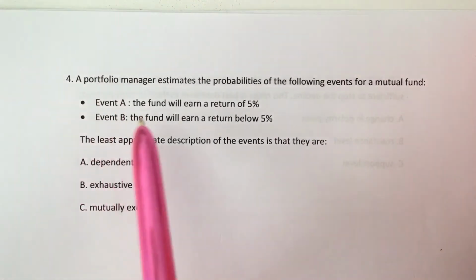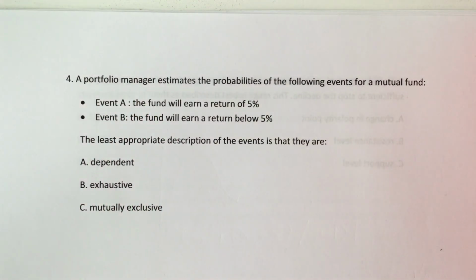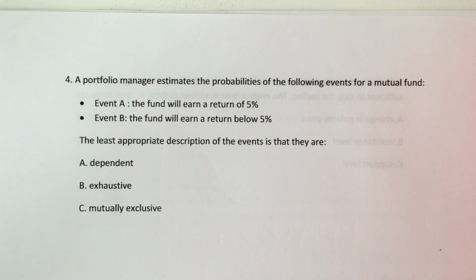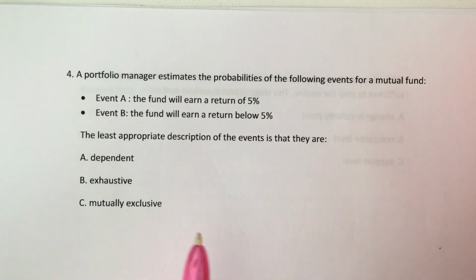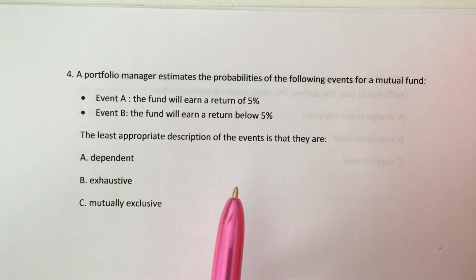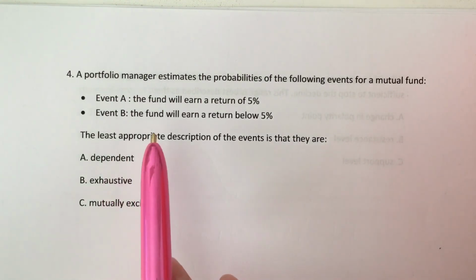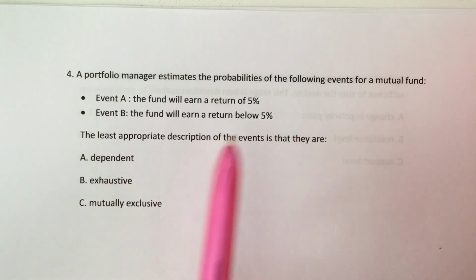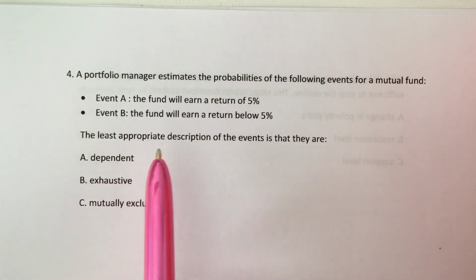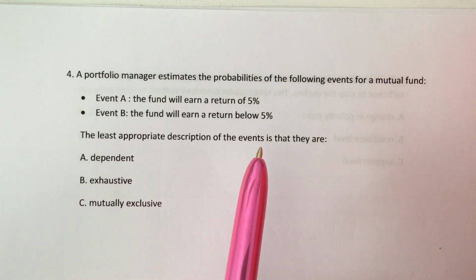Question 4. A portfolio manager estimates the probabilities of the following events for a mutual fund. Event A, the fund will earn a return of 5%. Event B, the fund will earn a return below 5%. The least appropriate description of the events is that they are